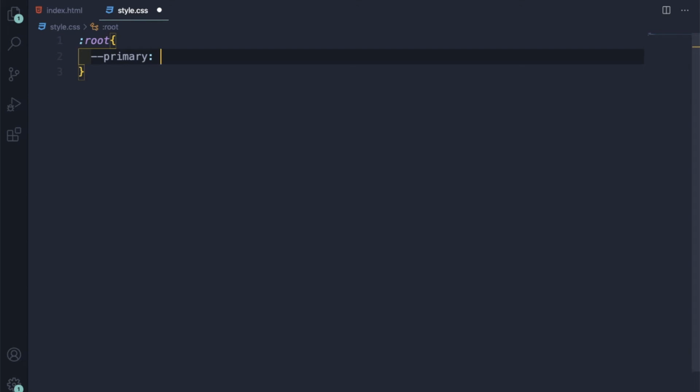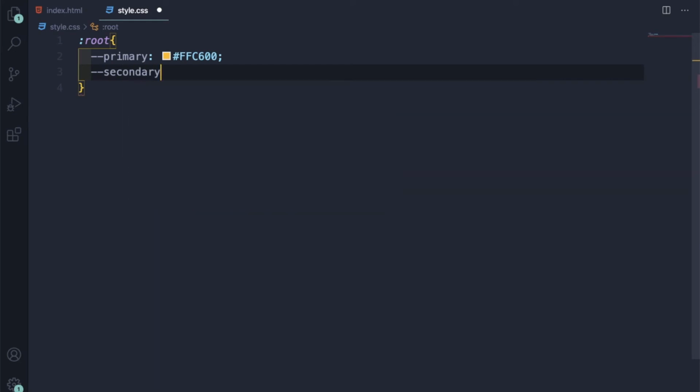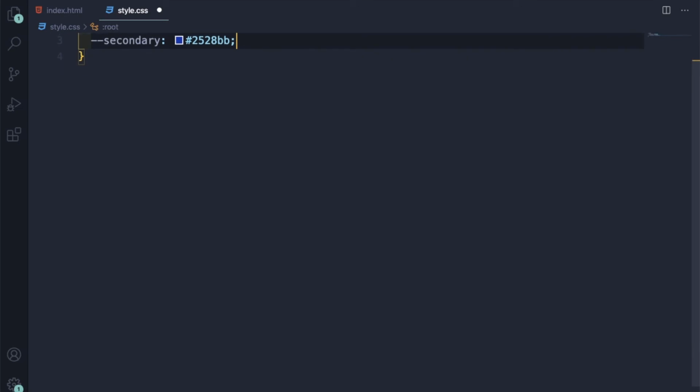Dash primary will be hash ffc600, secondary equal to hash 2528bb. Yeah, a blue type of color. Then after that